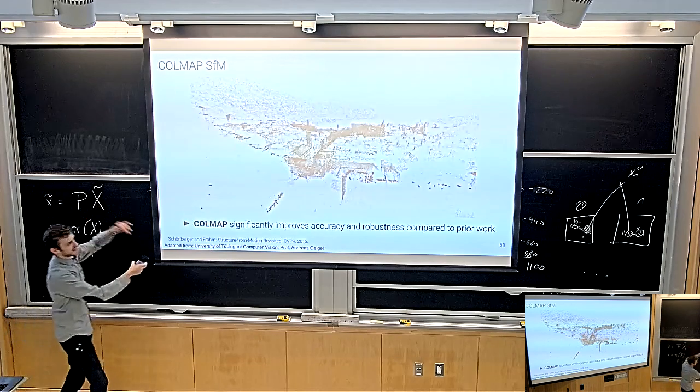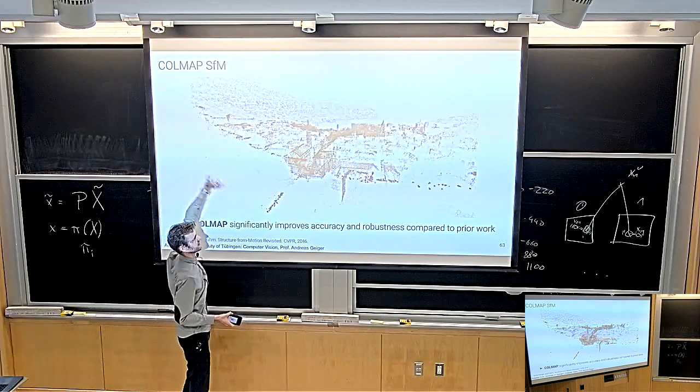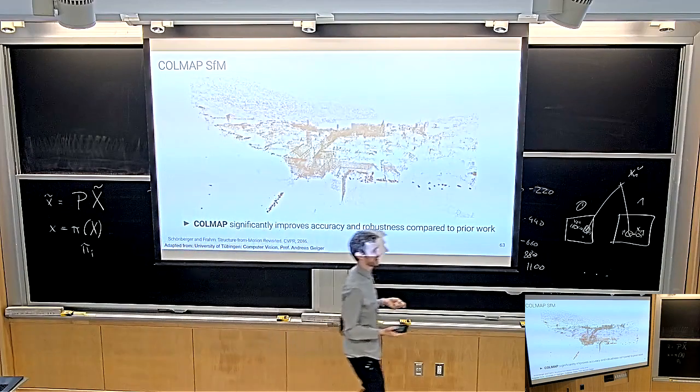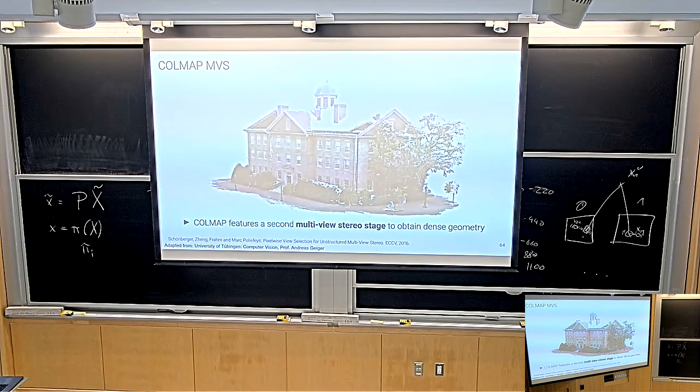So here's an example. This is COLMAP. You can run around a city and take videos, and half of the time it gives you these cool point clouds. As you might imagine, this optimization problem is very expensive. The more points you have, the more expensive it gets. So this is a problem if you want dense point clouds at the end of it.